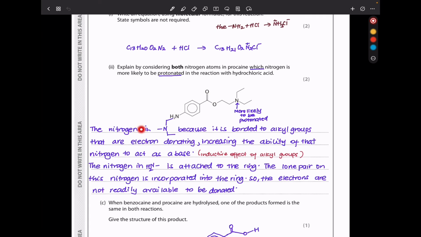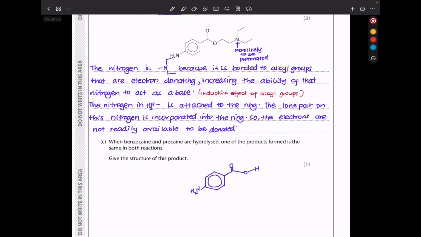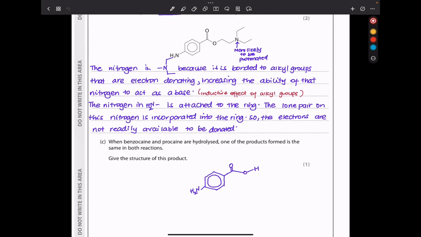So I say the nitrogen in this group, which is that nitrogen, because it is bonded to alkyl groups that are electron donating, they're going to increase its ability to act as a base. The nitrogen, which is in the NH2, is attached to the ring. The lone pair on that nitrogen is incorporated in the ring, so the electrons are not readily available to be